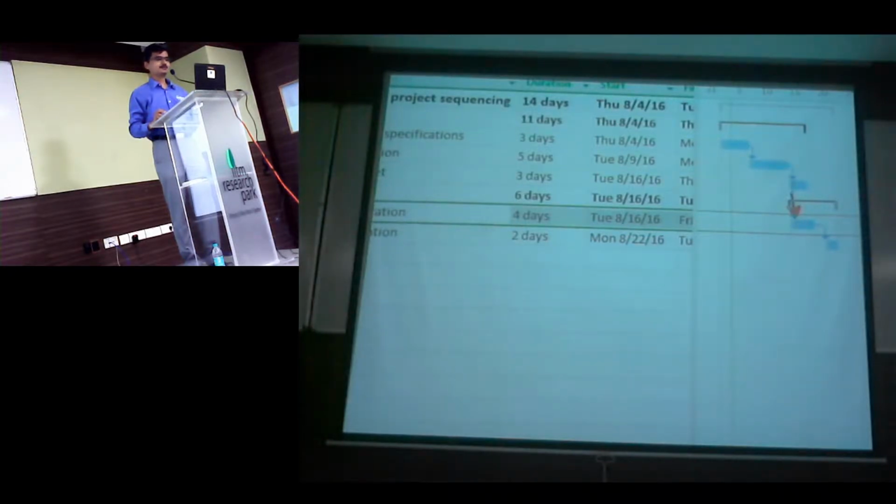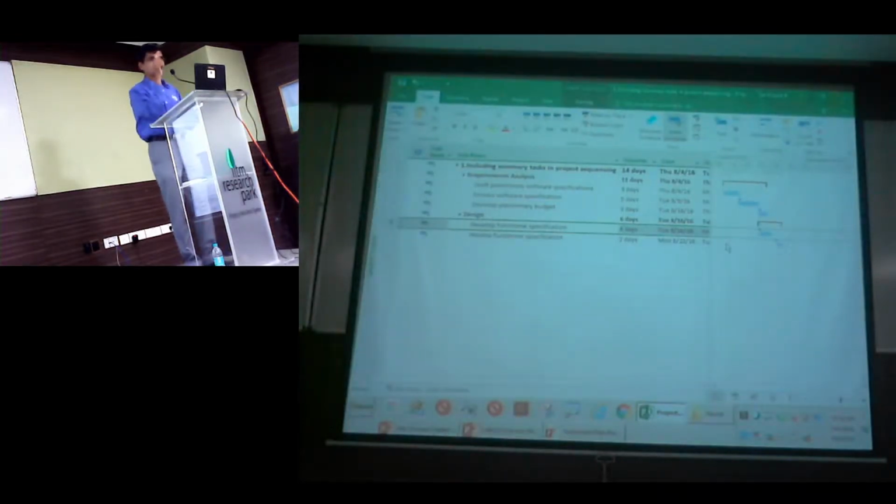After my review, my design is automatically getting started. So the first don't is never link at a summary level, because it will look very easy. At a later point in time, your project will be very sequential. It will not take any advantage of the dependencies that you are setting.